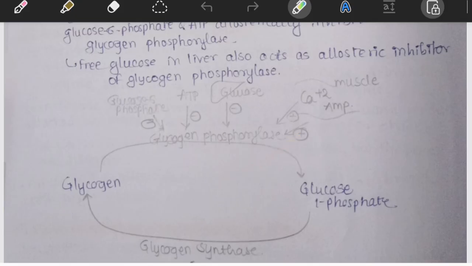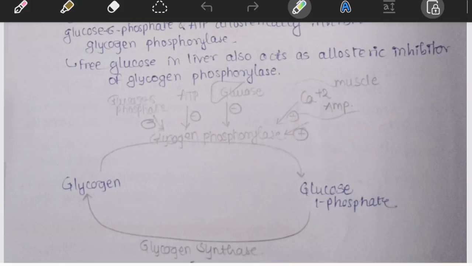What happens during exercise? Now imagine you are running and ATP gets consumed rapidly, AMP increases, and low ATP with high AMP tells the muscle we need energy immediately. AMP directly activates muscle glycogen phosphorylase, and that results in rapid glycogen breakdown and rapid